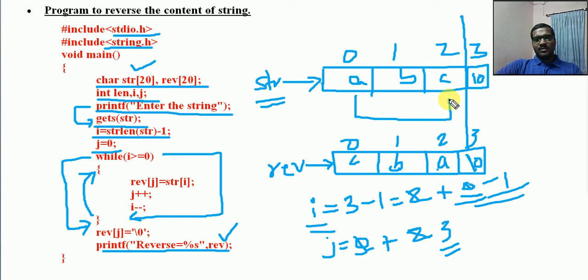I am not giving that now. You can think on that. This one and this one can be swapped, right? 0th and this second. Second means here in this case it is second, otherwise it is the last string character, excluding the \0, the last string character to be swapped.